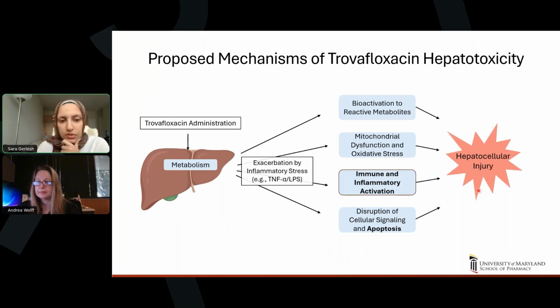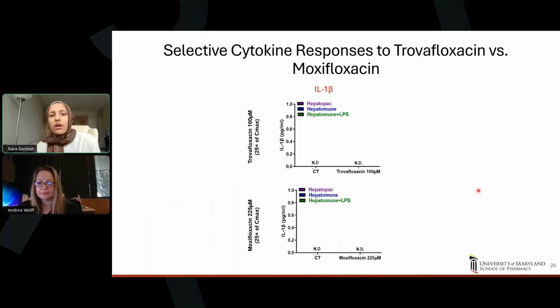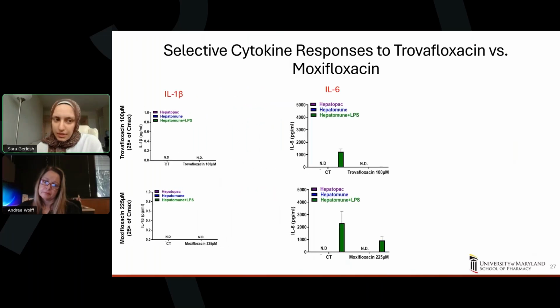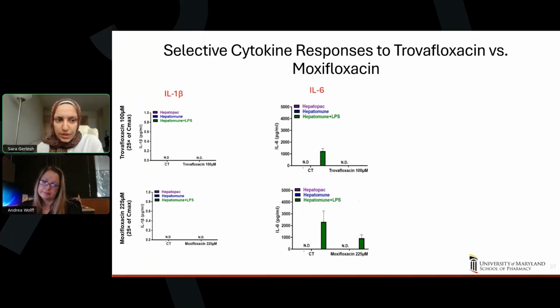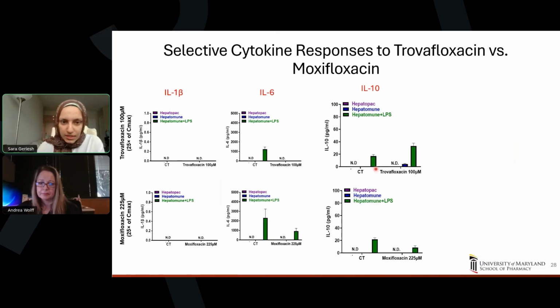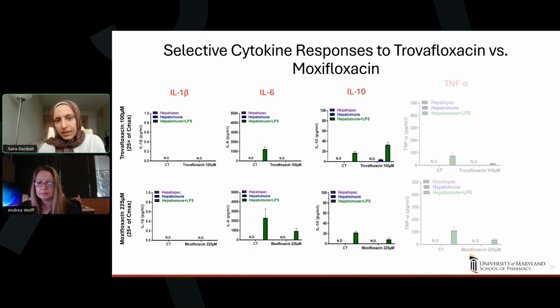So next, we also looked into the immune-related inflammation. And here we used cell supernatant at a dose that is 25 Cmax or 100 micromolar, which is also close to the IC50. And we used a Luminex assay to measure a bunch of different cytokines, including interleukin-1 beta, interleukin-6, interleukin-10, and finally